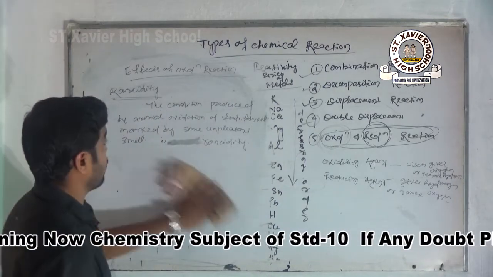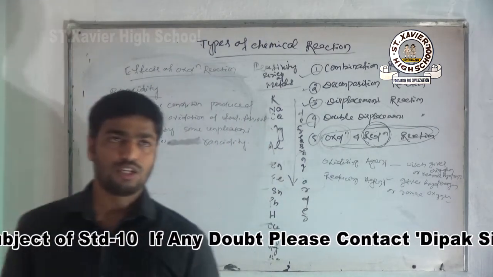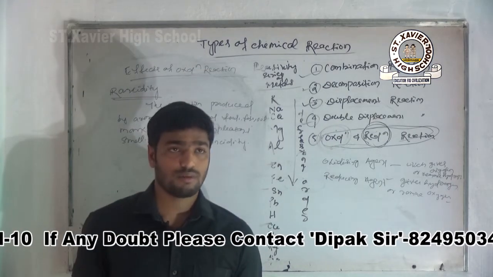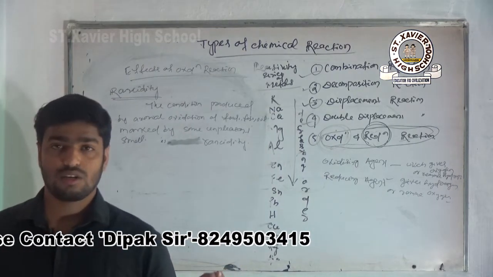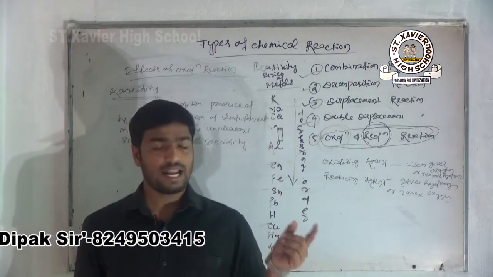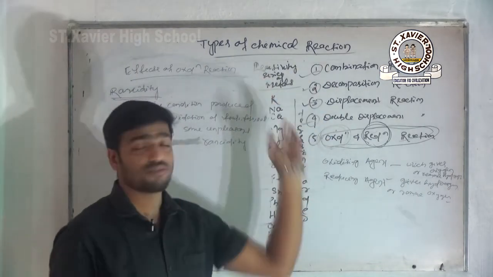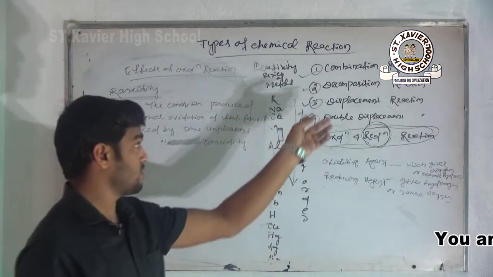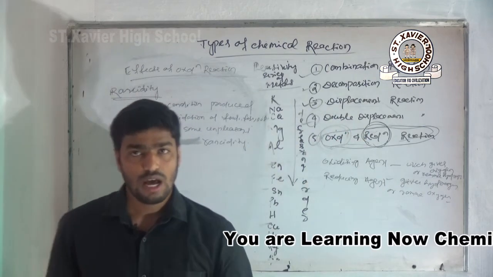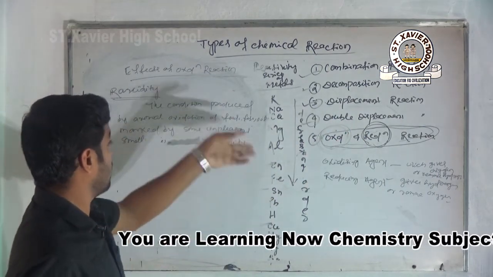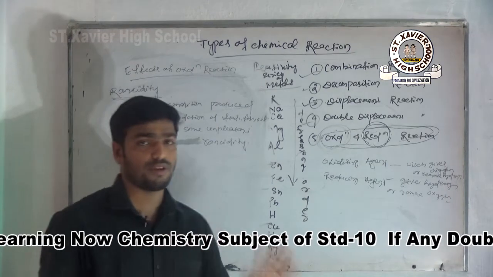So this is all about your first chapter, that is chemical reactions and equations. In the 2 classes we have already completed the detailed things about the first chapter. In this chapter we have discussed what is chemical reaction, what is chemical equation, how we can balance an unbalanced reaction, and today we learned the types of chemical reaction. How many types are there? Generally 5 types: combination, decomposition, displacement, double displacement and oxidation reduction reaction. And here we also studied the effects of oxidation reaction. Generally there are 2 effects, corrosion and rancidity. We discussed briefly all the things.